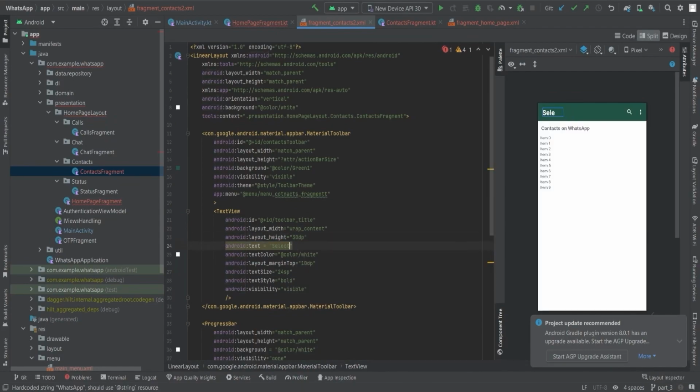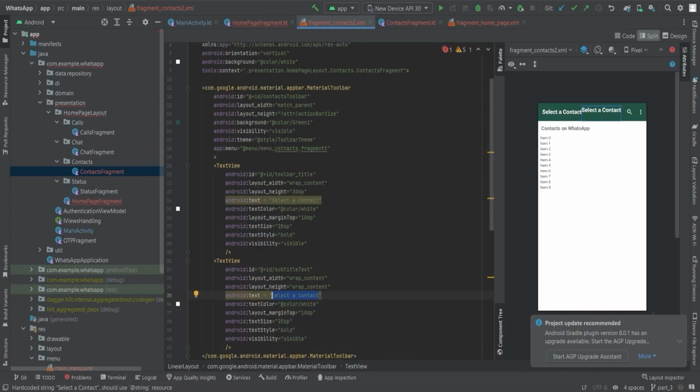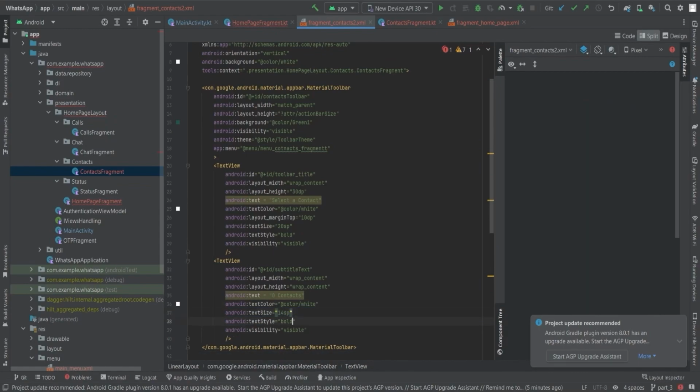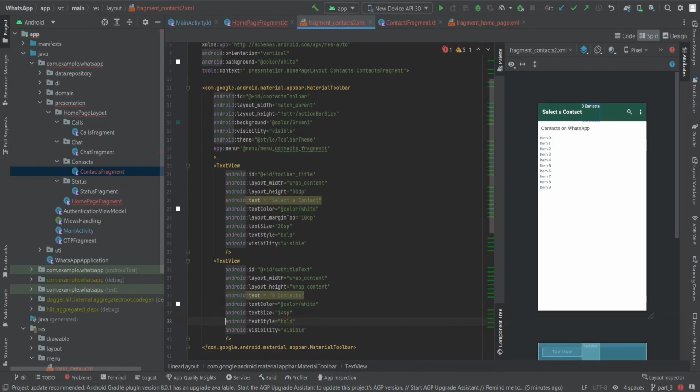The second one is what we're going to show under the toolbar title, which is